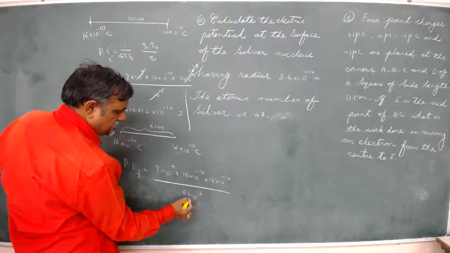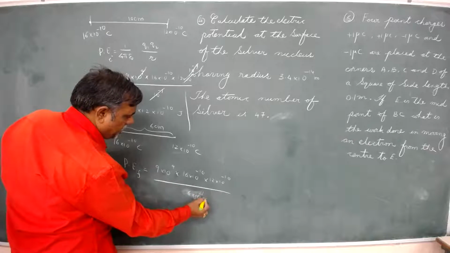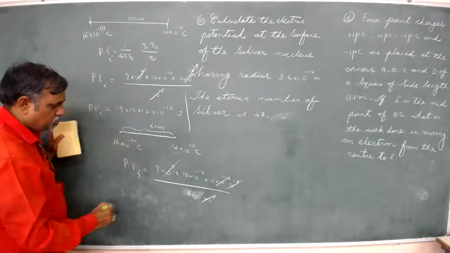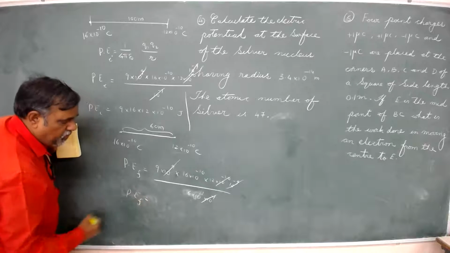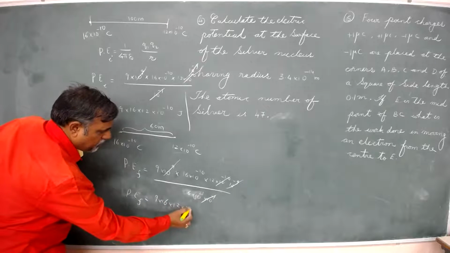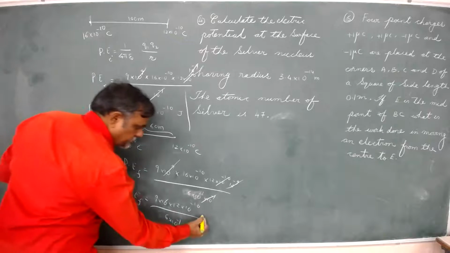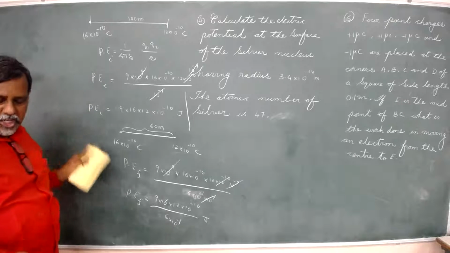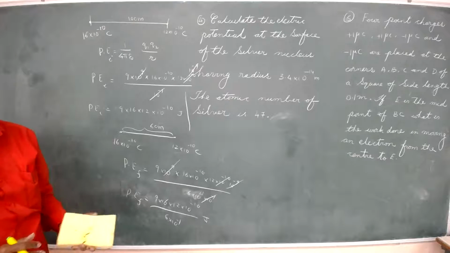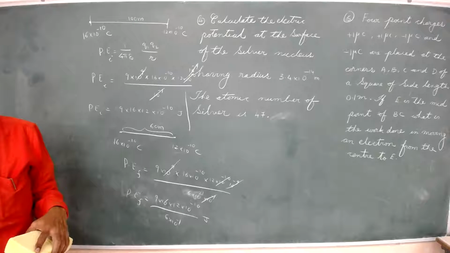Now, what I do is, see this here, so this into 0.6 I take, otherwise 6 into 10 power minus 1 into 10 power minus 1 only I will take. So this is 10 power minus 9. So these two things will get cancelled out. Therefore, you will be getting the previous format. In what way? 9 into 10 power 9, 16 into 12 into 10 power minus 10 divided by 6 into 10 power minus 1 Joule. Now, what did we calculate here? Initial potential energy we calculated, and the final potential energy we calculated. And if you calculate the change in the potential energies, the change in the potential energy gives you